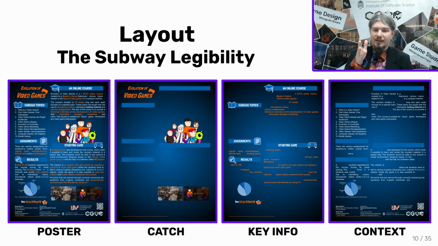Do they see these characters, and if they're interested in the characters, do they come and investigate further? Then what is the key info? What is the key info that you very quickly want to relay? You want to relay it's an online course, it's a studying game, it's based on an actual museum, and the